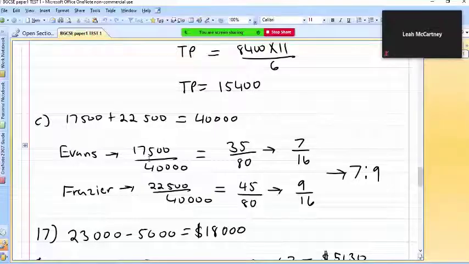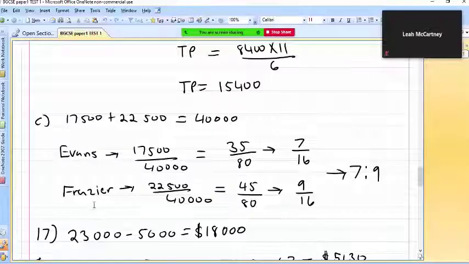Well, I use 500. I just did 500 divided into 17,500, because I know those can go into each other evenly, and 500 into 40,000. So therefore I got 35 over 80. And then I went ahead and reduced that. You divide that by what? 5. 35 divided by 5 gives me 7, and 80 divided by 5 gives me 16. And then I can't reduce that any further.